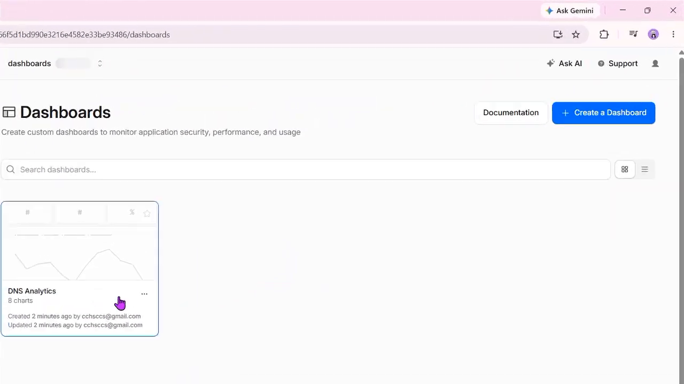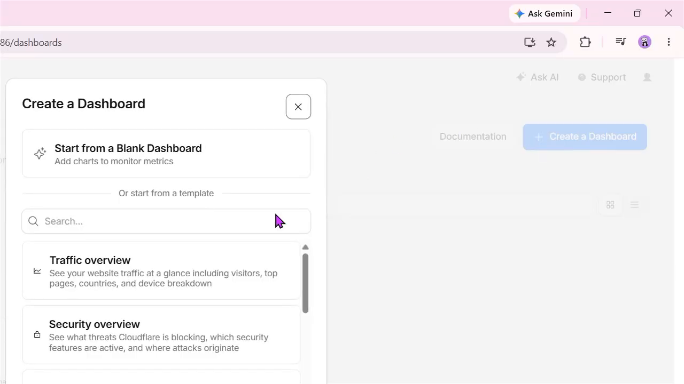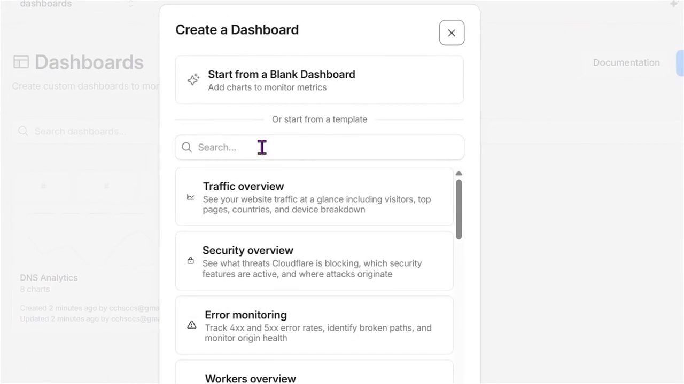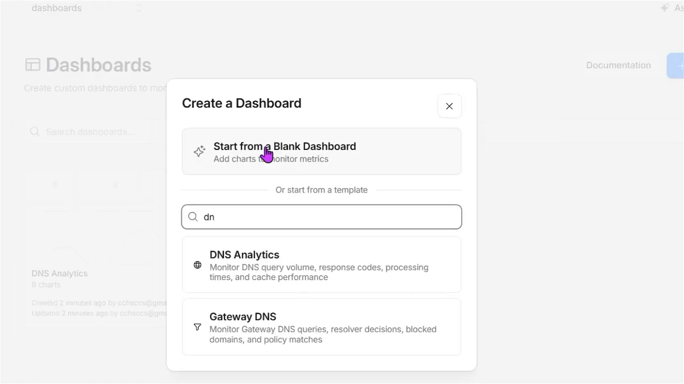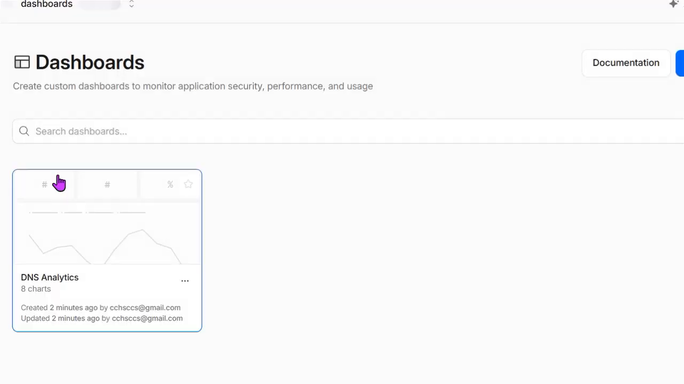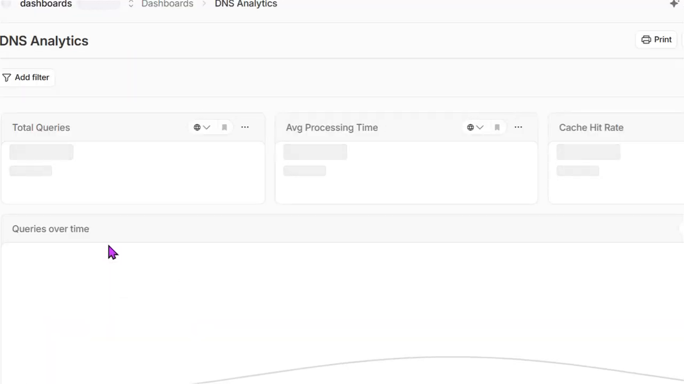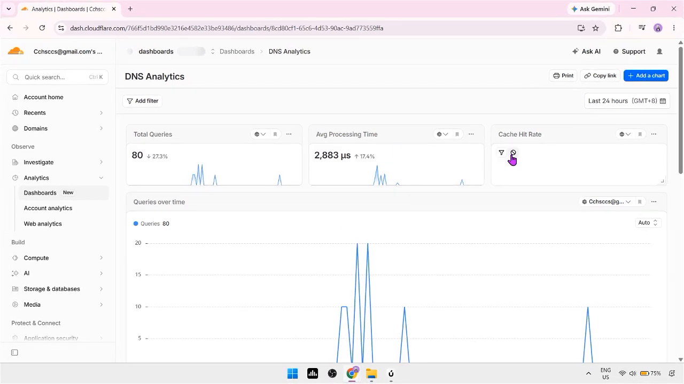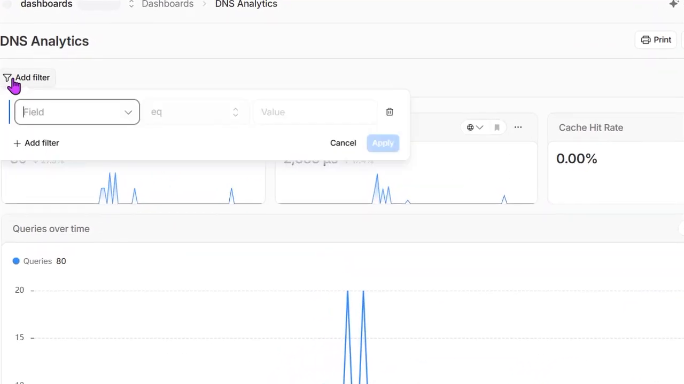From there, filter the logs to display DNS-related activity. You'll be able to view information such as query timestamps, record types, response codes, client locations, and the DNS responses returned by Cloudflare. Use the search and filtering tools to narrow results by hostname, record type, response status, or time